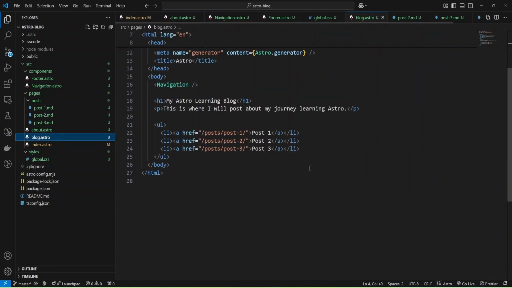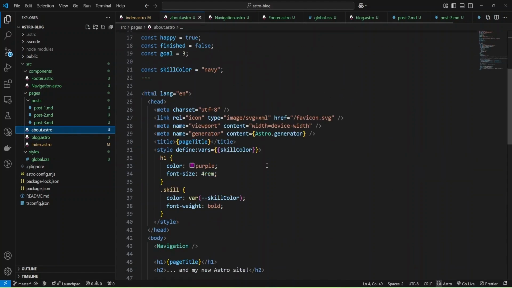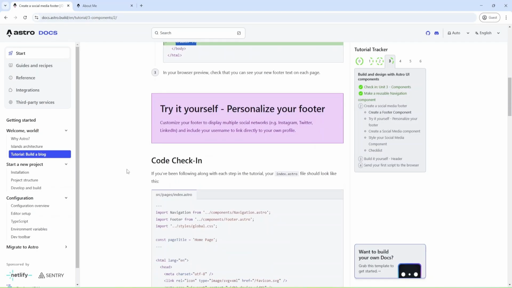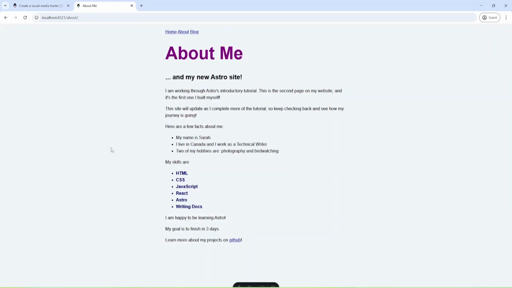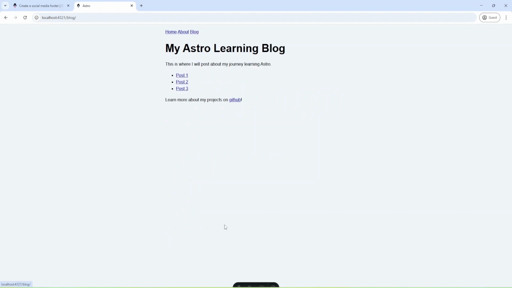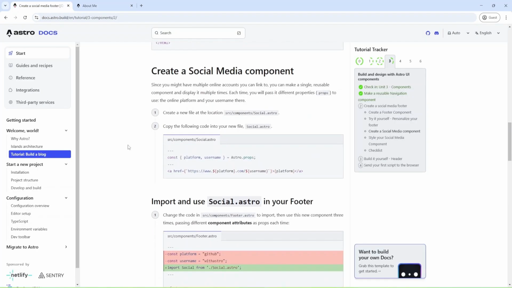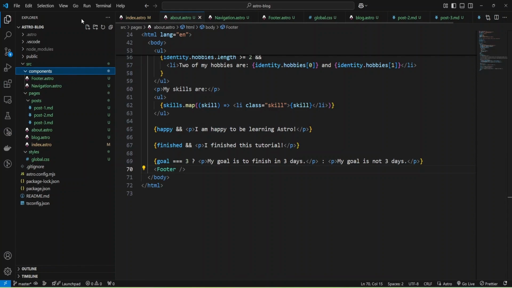Okay, and the same to blog, and the same to about. Okay, let's check. And as you can see, we have the text from footer, and also here and here. Okay, and that works. And next, they propose to create a social component, and let's do it.